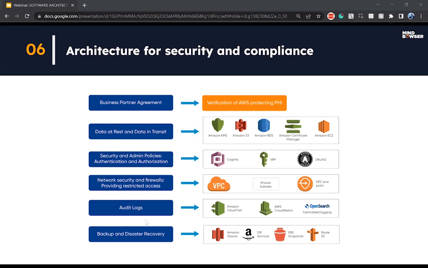And for whoever is working in other clouds, there are equivalent components in GCP and Azure. For example, for Amazon S3, we have Cloud Storage in GCP and Azure Blob Storage in Azure. Like that, for EC2 we have Compute Engine in GCP and Azure Virtual Machines in Azure. And similarly, that is the case for encryption.